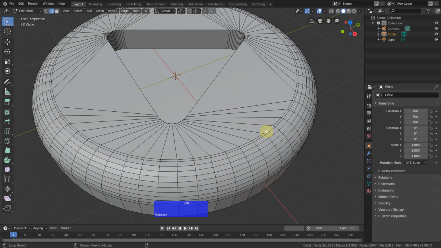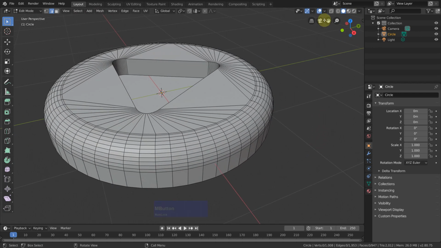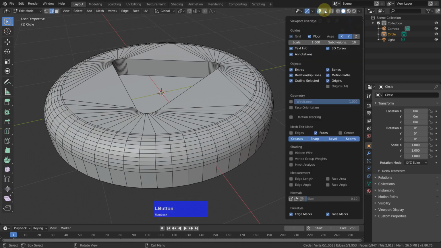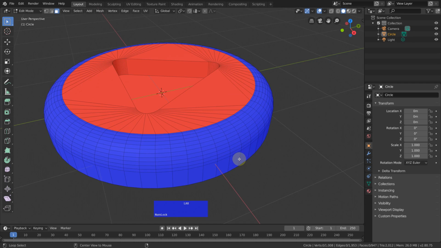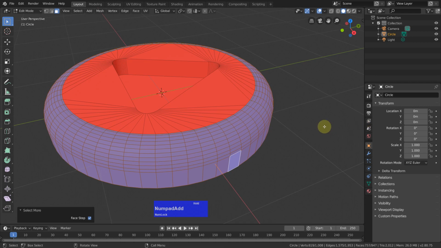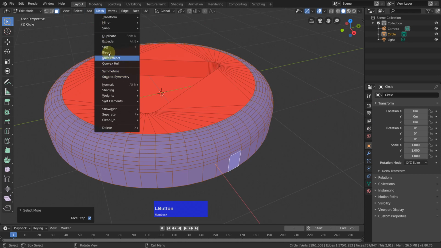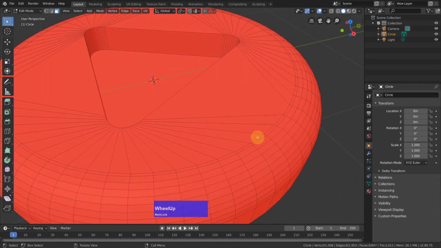So Alt left click, no, doesn't work, we still have a problem, and this might have to do with the normals. So let's click on here and look at face orientation, and you see here the red ones are properly oriented and the blue ones are not. So I select these polygons, then press Ctrl and numpad add, and you see this is something as we are used from MODO with the up arrow key, and now we can go to Mesh, Normals, Flip, and now everything should be alright, and I can select these,